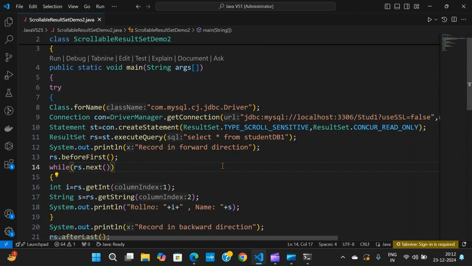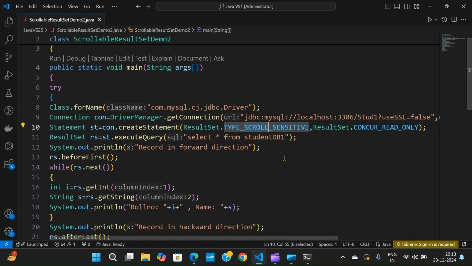Why we need to create this statement is that I need to work with SQL queries. Now here when you want to work with scrollable result sets, you need to pass two parameters to this particular method. One is ResultSet.TYPE_SCROLL_SENSITIVE. By the word itself, you can see that you can go for scrollable features for your result set, that is either top to bottom or bottom to top,